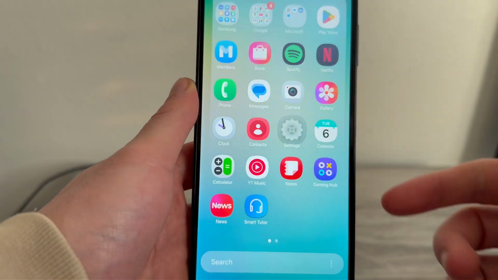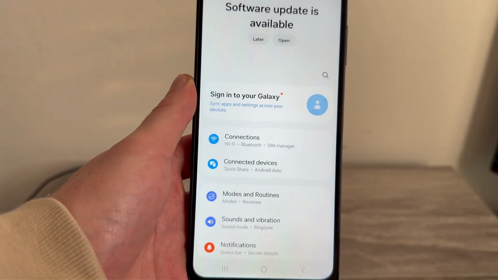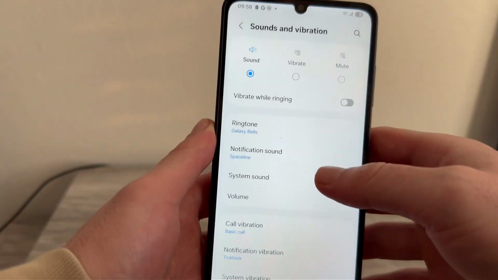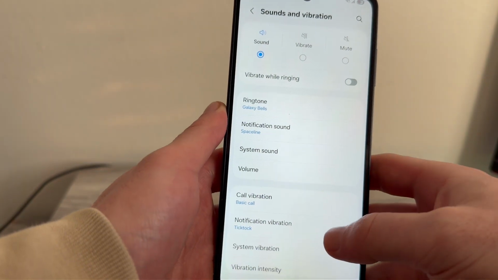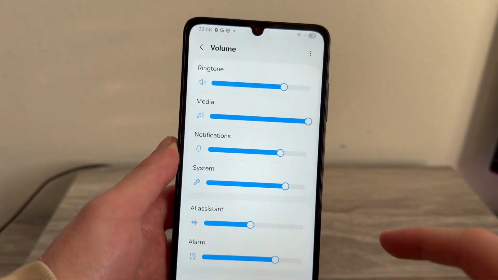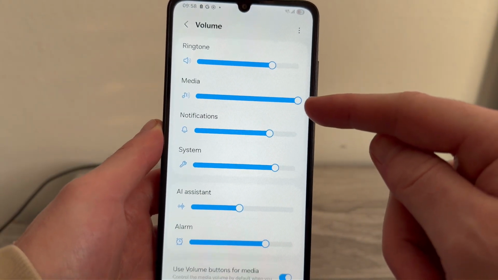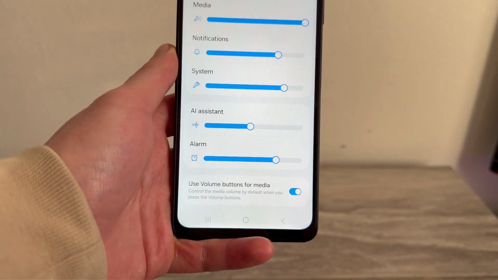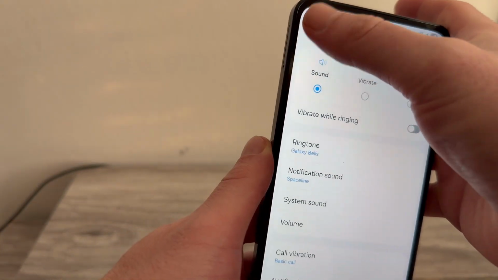Now, if this isn't working, we need to go and open up the settings on your phone. You can then click on Sounds and Vibration, make sure Sound is selected at the top of this screen, and then click on Volume. Now make sure the media volume is turned up like you see here, and also make sure Use Volume buttons for media is turned on like this, and then you can come back over to the main